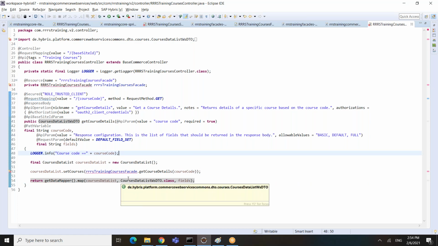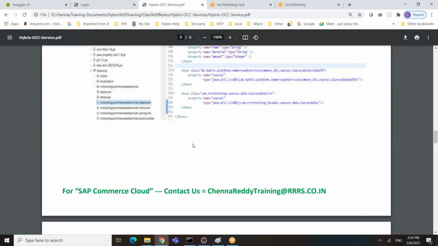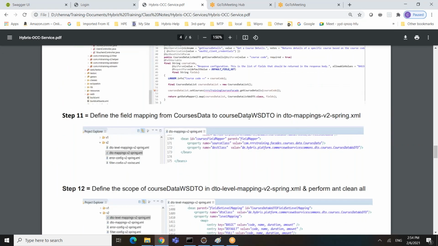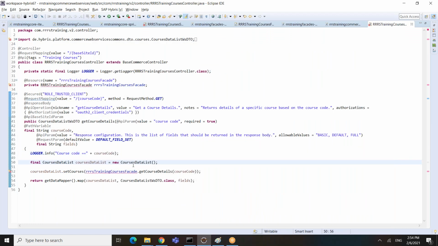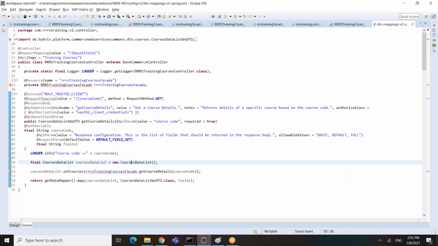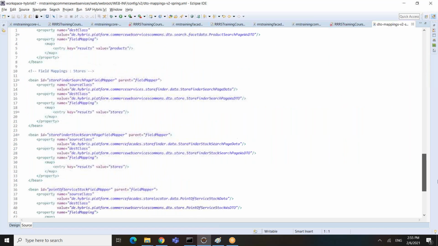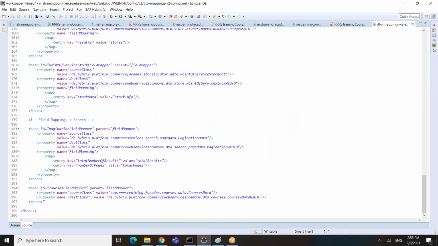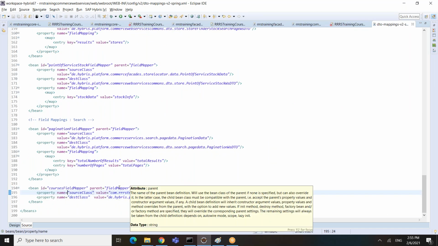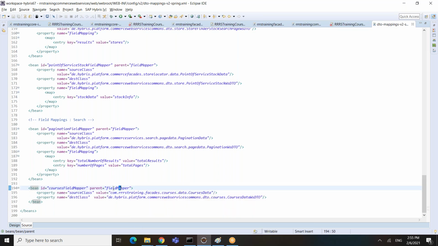So this mapping we defined, if you look at the next step, define the mapping from course data to courses data mapping in WS related XML Spring file. So what is here? There is an XML file, DTO level mapping XML file. And in this XML file, you need to provide the mapping basically. What we are saying here, if you observe here, the field mapper using the parent, source class is courses data,